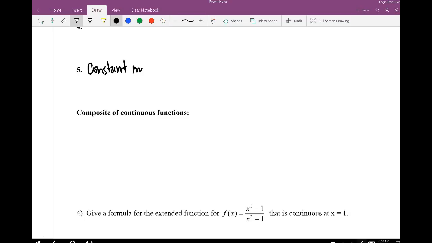So constant multiples. What that means is that if you have k times your f function, keep in mind what f was before, okay, for any number k. So when you multiply any constant to your function, and remember f was continuous at c, so when you multiply the constant,